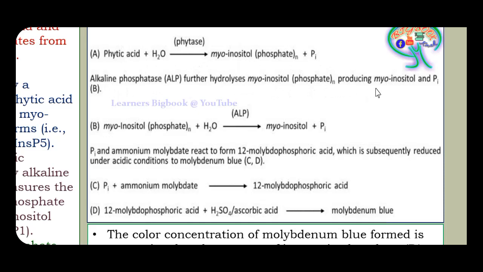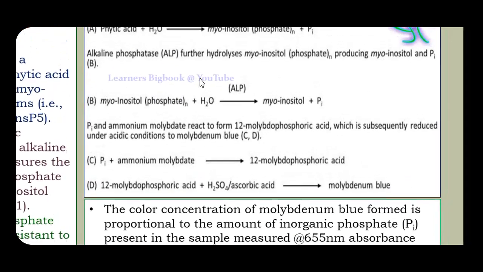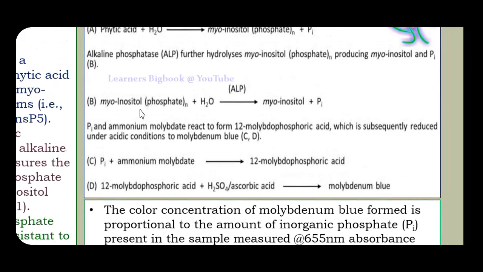Alkaline phosphatase further hydrolyzes myoinositol phosphate, producing myoinositol and inorganic phosphate, which get separated. The inorganic phosphate formed after treating the sample with phytase and alkaline phosphatase is then reacted